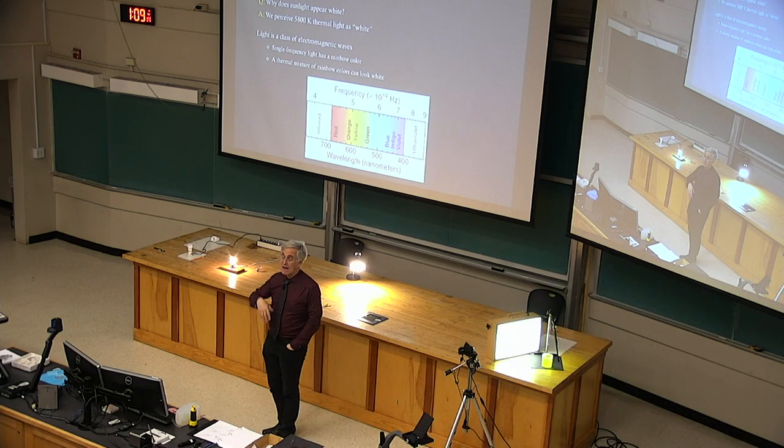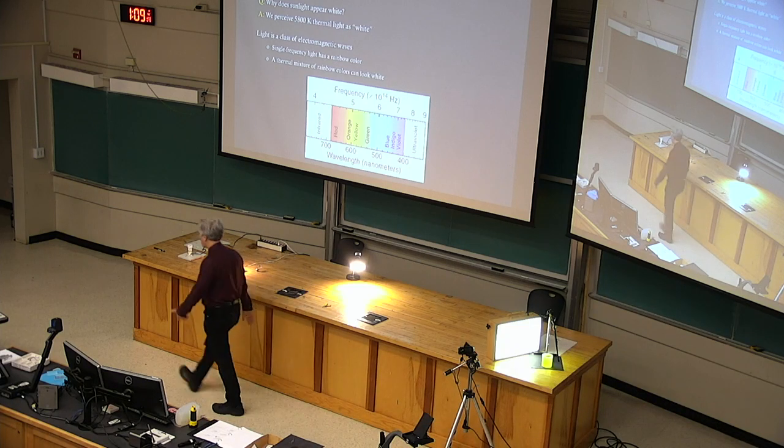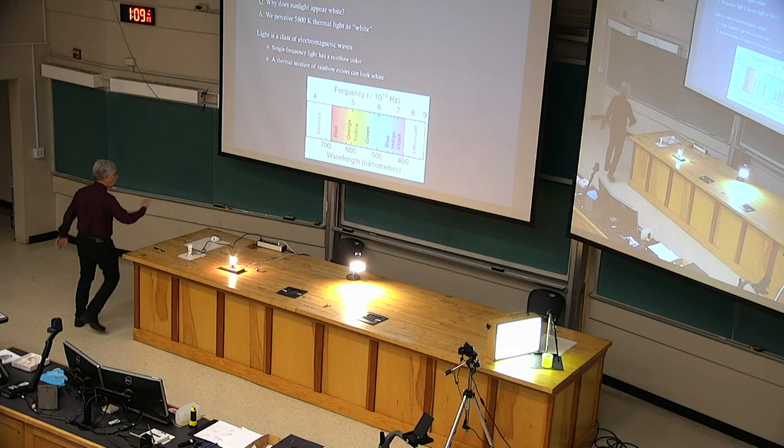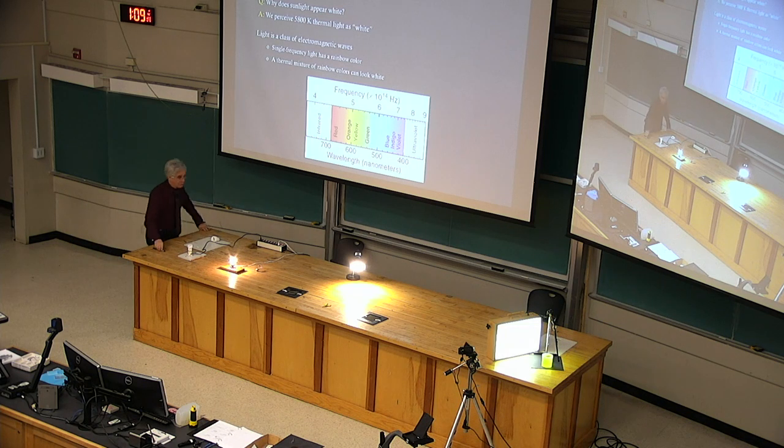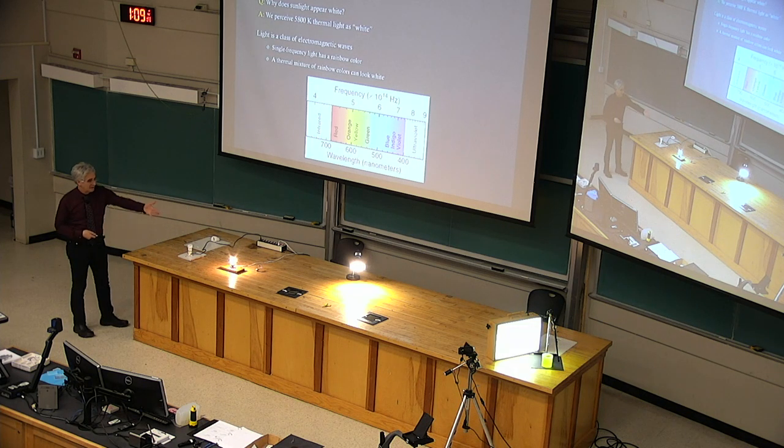On the other hand, going to higher temperature with a hot surface shifts you more and more towards the blue end of the spectrum. So if you crank up the temperature, this tungsten filament would melt and become gaseous, actually. If we go to the temperature of the sun, now the spectrum, instead of being peaked over here in the infrared, it peaks somewhere, I think, in the green. It includes a lot of blue and a lot of red. It's really nice. The sun spectrum is right all around in this area.